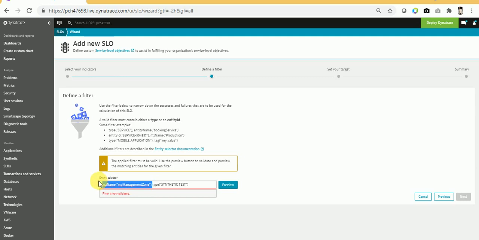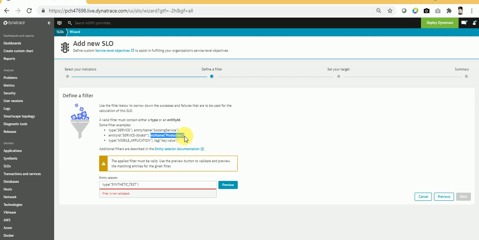So let me remove this management zone. Here you can see multiple examples. You can use type, service, or entity name if you are aware of the name, or entity ID. I will tell you how you can check the entity ID for any component available in your Dynatrace. And in the next video I will cover how to create a management zone.